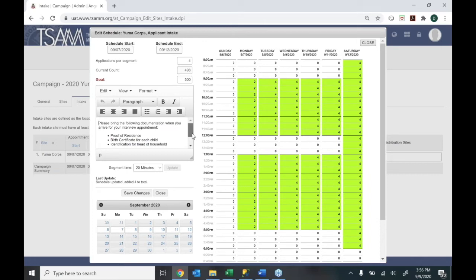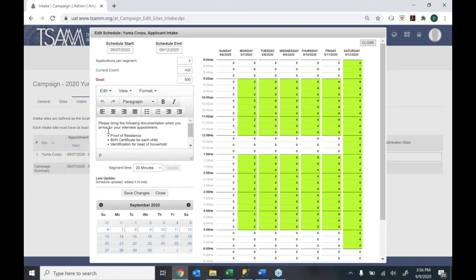of this section here. This text editor here, this little block with some text in it, this gives you the opportunity to customize the email communications that go out to your clients when they schedule an appointment or when you schedule an appointment for them. So once we schedule an appointment, it will send an automatic confirmation email to that person to say, okay, your appointment's scheduled for this date and time and this address, and it will give them